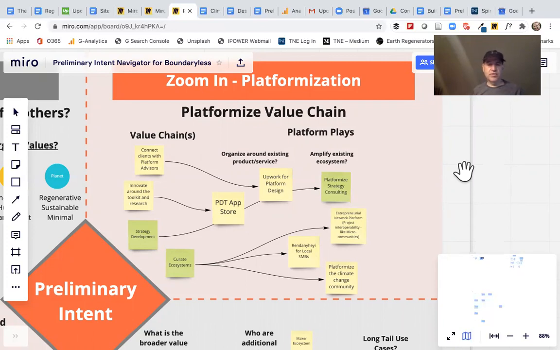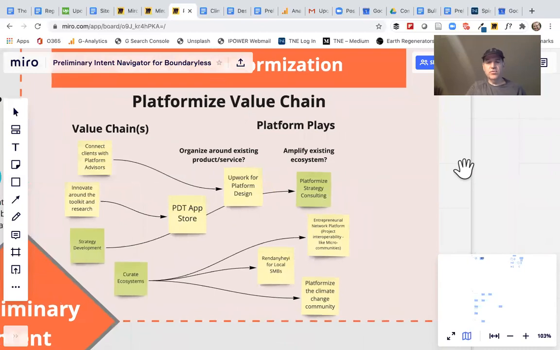And then in terms of amplifying existing ecosystems, there's a whole ecosystem around strategy consulting, where there are different disciplines that could be complementary to what Boundaryless does. And you could create or enable that community. I think Bill Fisher and Simone were trading tweets that I was following around this concept of applying rent and high to local and small and medium businesses.